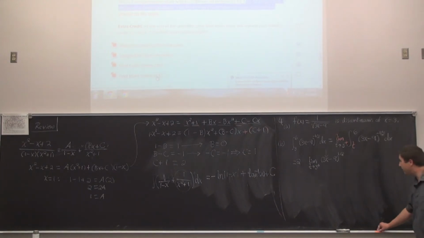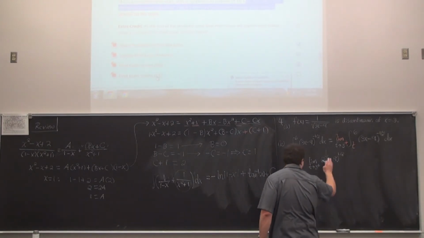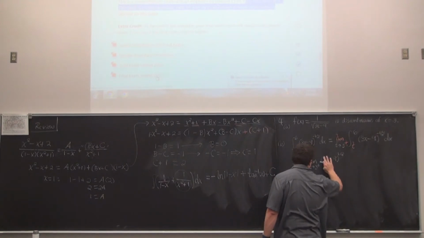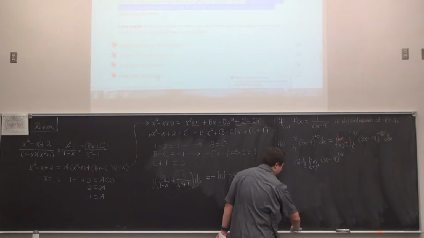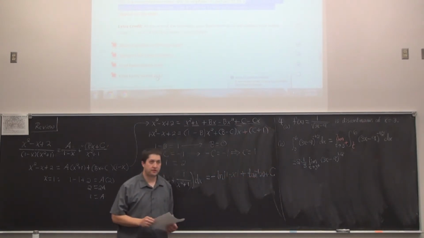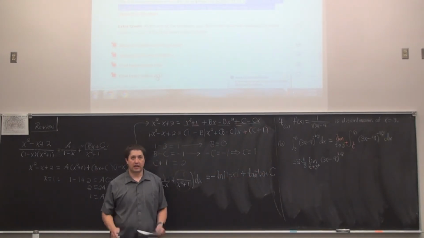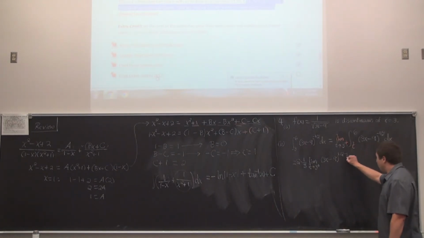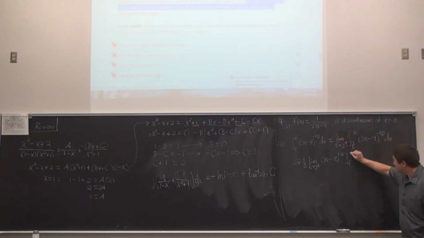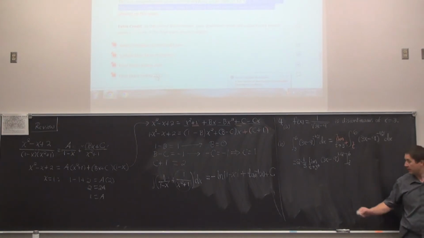Exactly. So we can just simply divide, and that takes care of that 3 right here. So if there's a 3x, there must be a 1/3 going this way. So now we have an effective 2/3 in front of the limit. Then that whole 3x minus 9 to the power 1/2, or the square root of it if you prefer, will be evaluated as we go from t to 6. That's a poorly drawn 6. So from here on out, it's mainly just copying.